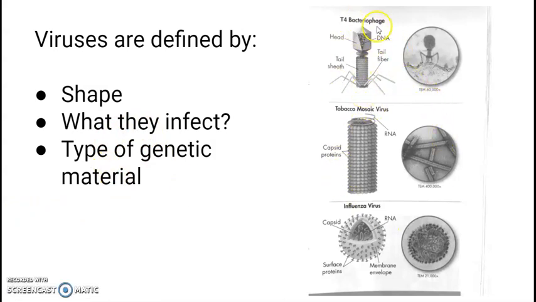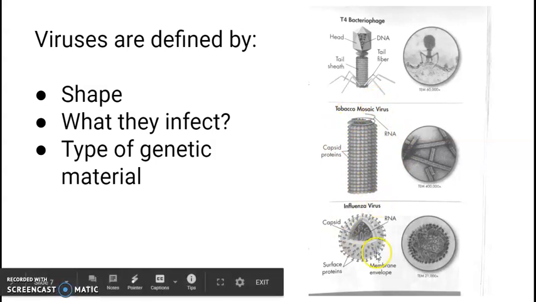You can see over here on the right are some examples. Here's a bacteriophage. These always look the most like alien invaders. These are actually viruses that use bacteria as their host. This is like a little injection machine, and they inject the DNA in. Here's a tobacco mosaic virus, a virus that infects plant cells, in particular tobacco plants. And then down here is the influenza virus, which obviously infects us.